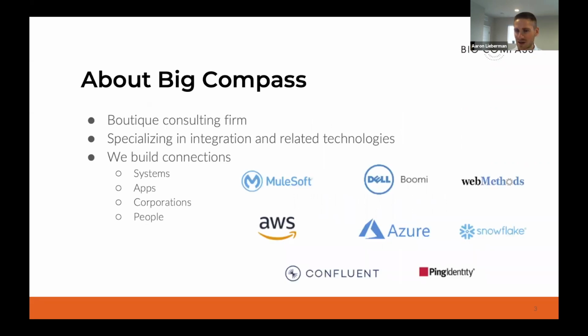And real quick, just about me, Stephanie sort of already introduced me. I am the Cloud Practice Manager here at Big Compass. I'm also a cloud architect. I'm an AWS certified developer and solution architect, as well as a few other technologies like MuleSoft. I've been around the integration space, actually starting in Web Methods and MuleSoft, and most recently for about the past 5 years now with AWS. And so anything related to integrations or combining technologies like MuleSoft and AWS into an integration solution, I'm happy to talk about. Don't hesitate to reach out to me. You can find me on LinkedIn, or my email is aaron@bigcompass.com.